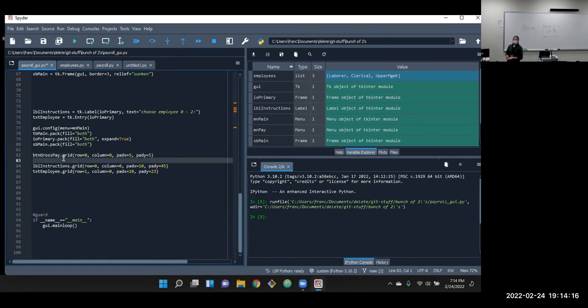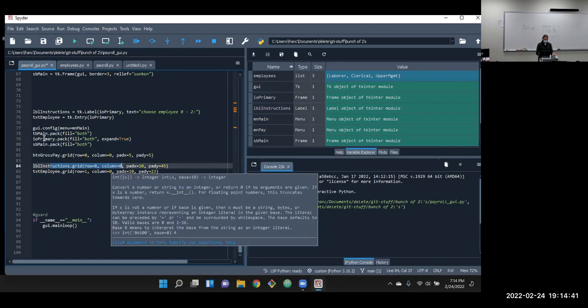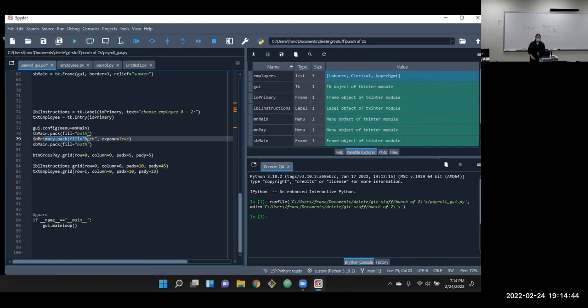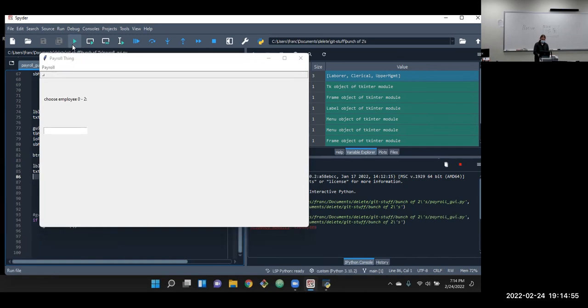And when you first glance at that, you might think there seems to be a confusion there. We did row 0, column 0 twice. But remember where the parent containers are. On the button, it's row 0, column 0 of our pad pane. But on that temporary label that's on there, it's row 0, column 0 of the primary output section. So it is, oops, Control S. It is a different one each time.